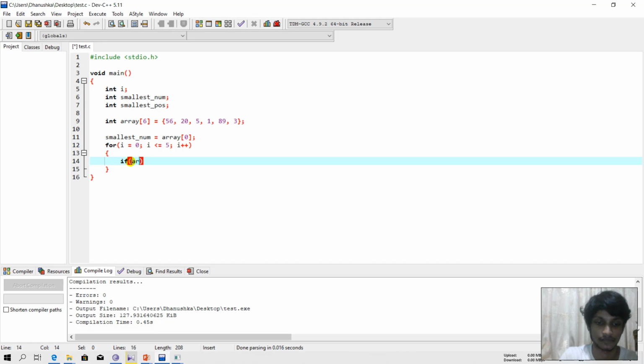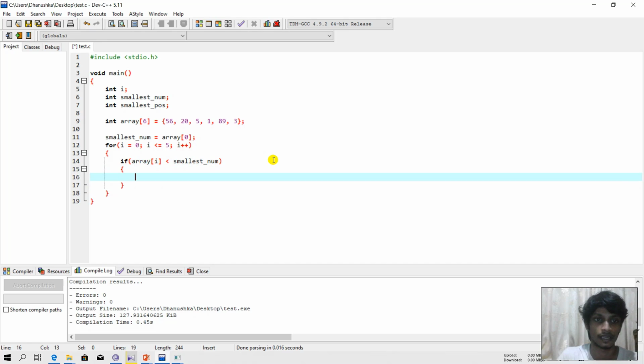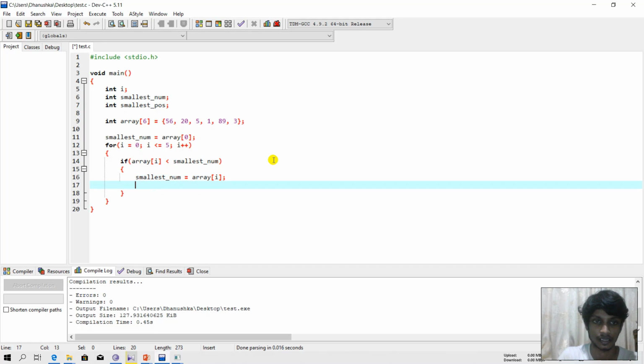Let's say first we are getting a value from the array, then it's checking with that corresponding smallest number, and if it is smaller, then the smallest number should be array I, and the smallest position